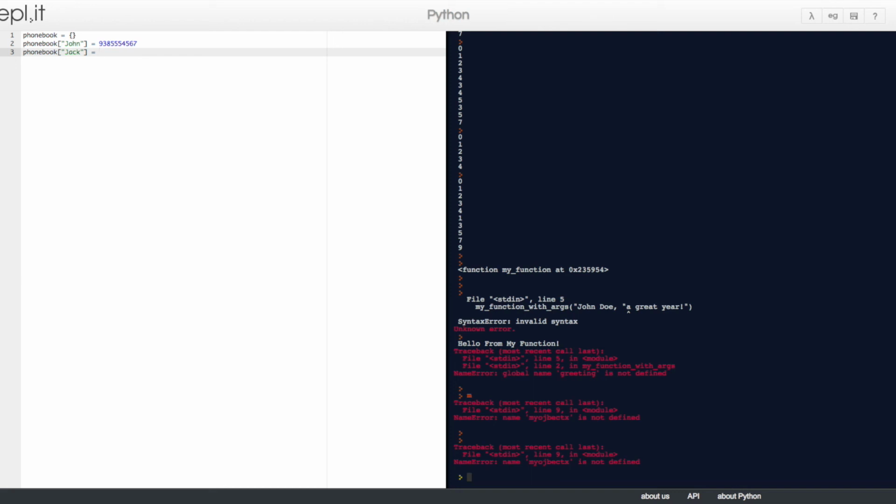Then we'll make another one with phone book, square bracket, Jack's number, close the square bracket, and his phone number will be equal to 938 555 9876. And then a third one, the phone book, open square bracket, that will be Jill's number, and then close the square bracket, and her number equals 938 555 1357. Okay. So that's one way of doing it.